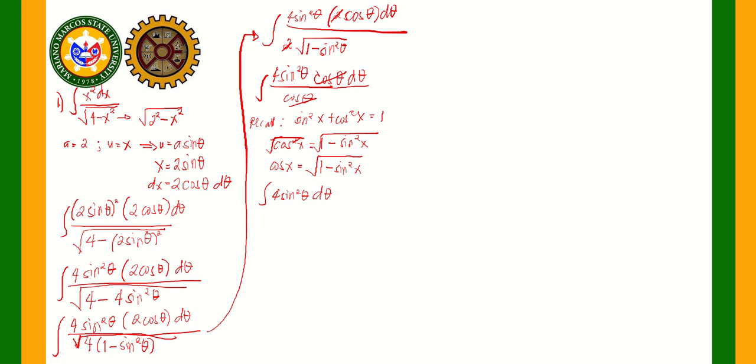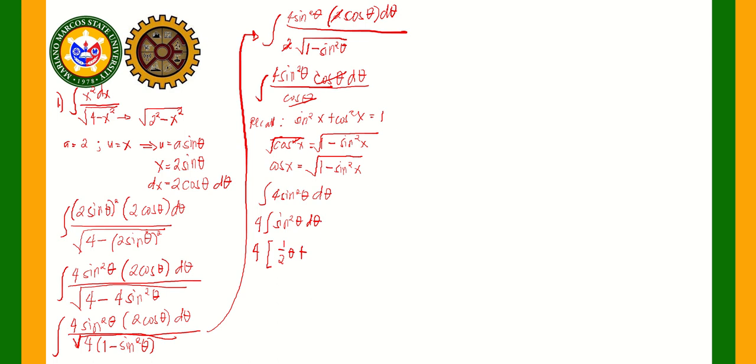So, now, pwede na tayong mag-integrate. Okay? So, pwede nating i-isolate si constant. So, this will be equal to 4 times the integral of sine squared theta d theta. So, looking at your formula sheet, the integral of sine squared theta d theta is equal to, sa trigonometric functions tayo. So, this will be equal to 4 times 1/2 theta